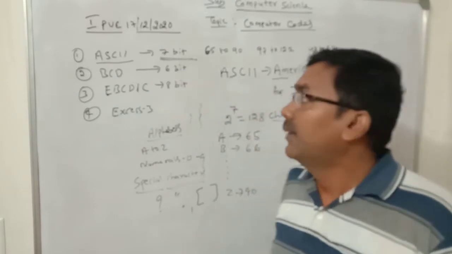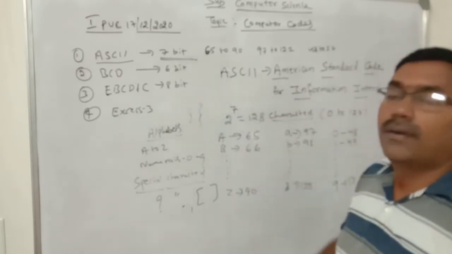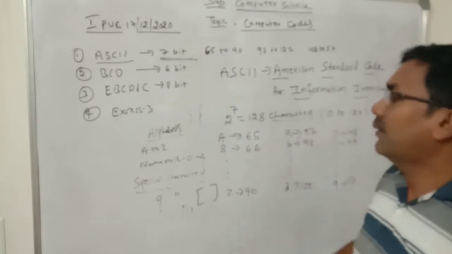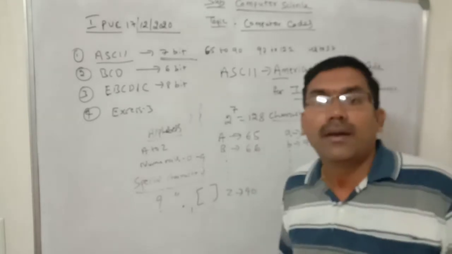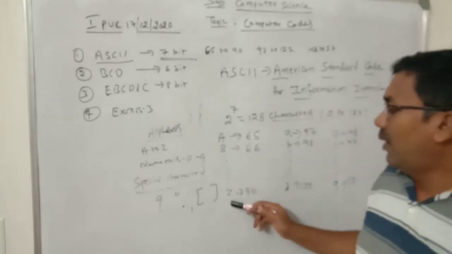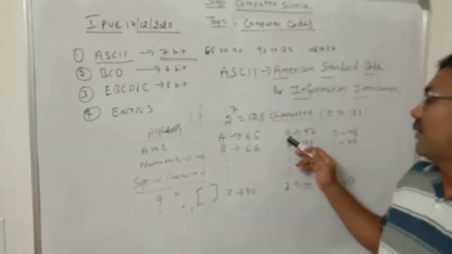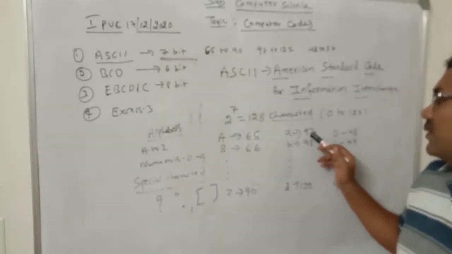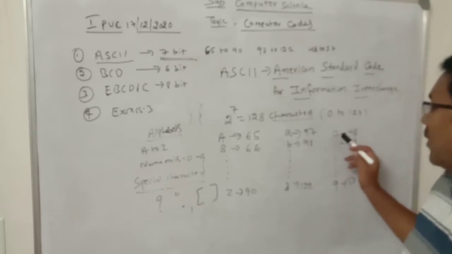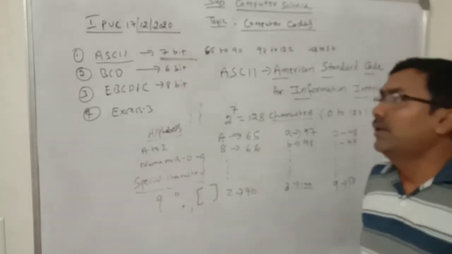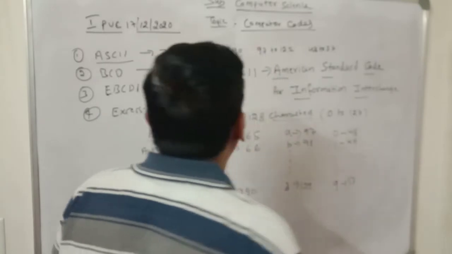You get 1 mark. Then it is a 7-bit code. It can hold up to 2 to the power of 7, that is equal to 128 characters. The ASCII value of uppercase A is 65, and similarly the ASCII value of uppercase Z is 90. For lowercase, the ASCII value of a is 97, and the ASCII value of z is 122. And for the numerals, the ASCII value of 0 is 48. You have a table. If you write this much, it is enough.